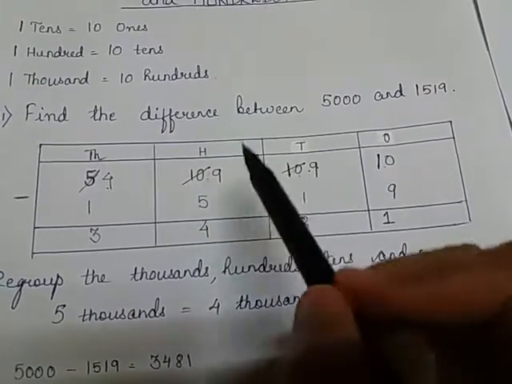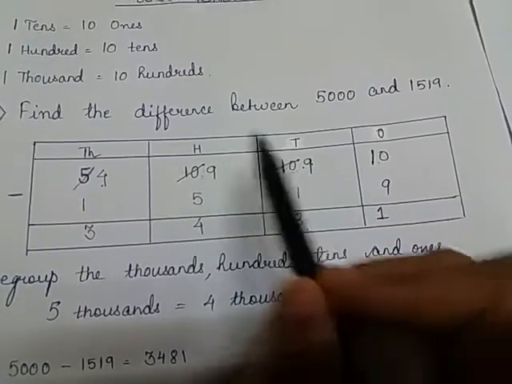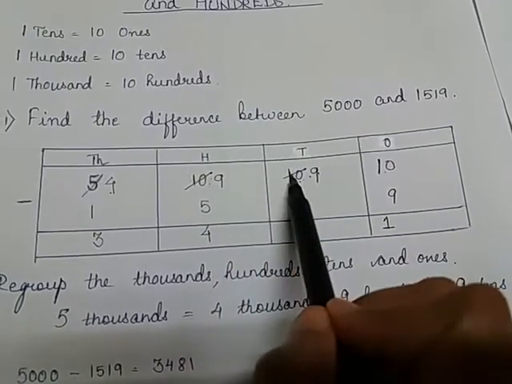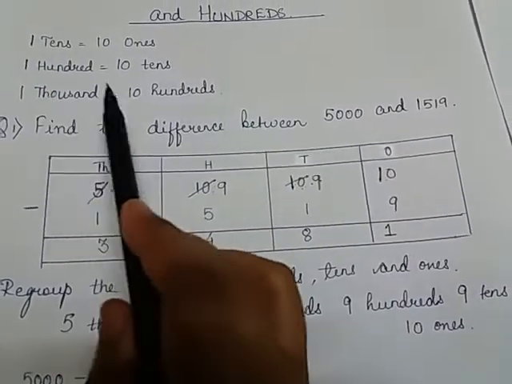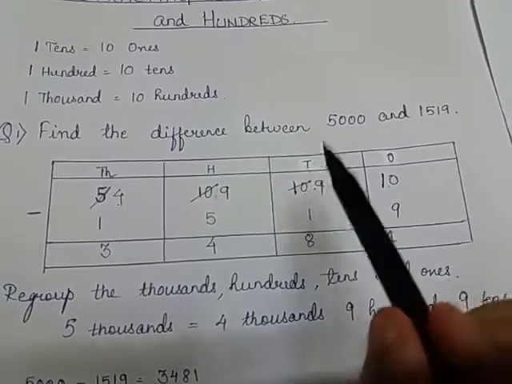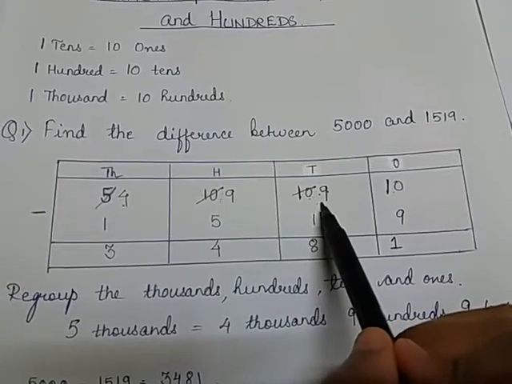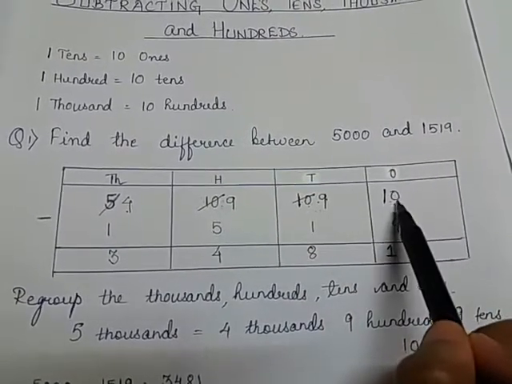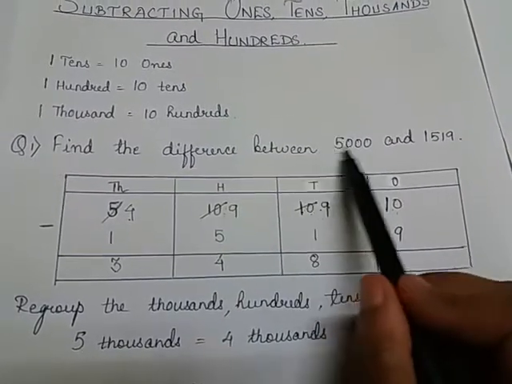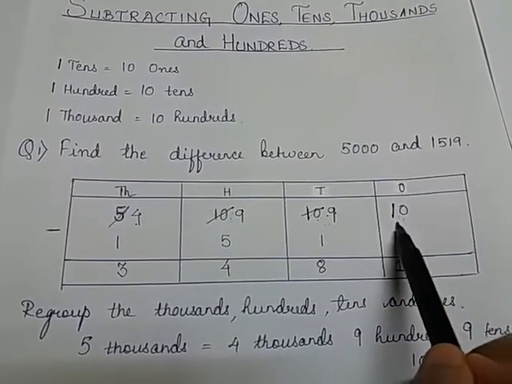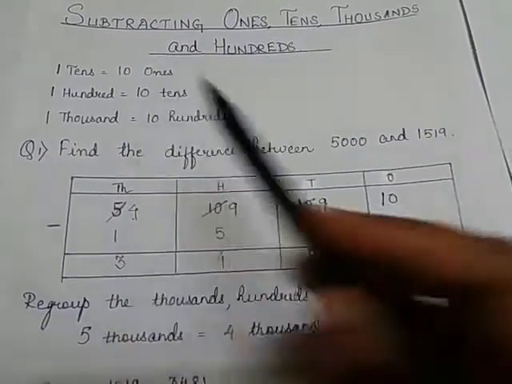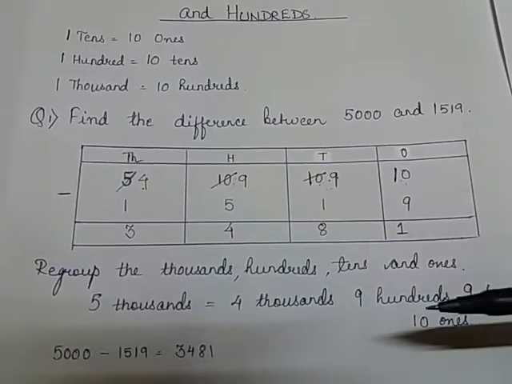Because we took 1 from here, right? Now let's come to this step. Again I will take 100 from here and I will put it here. As we know, 100 is equal to 10 tens, that's why I will take 100 from here and put it here. That means I will get 10 tens, right? Now again, here initially we had 0. Again I will take 1 ten from here and I will put it here, and as a result I will get 10 here, because 1 ten is equal to 10 ones. And then I will start solving my question.